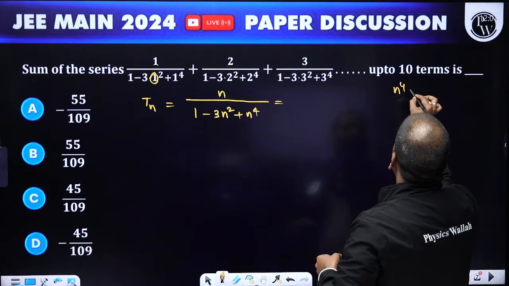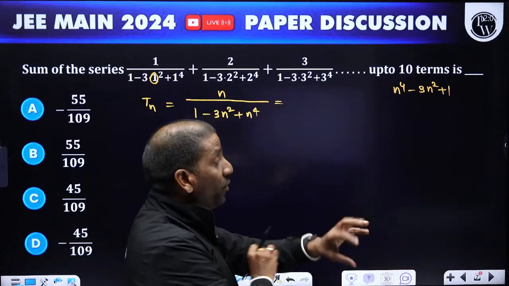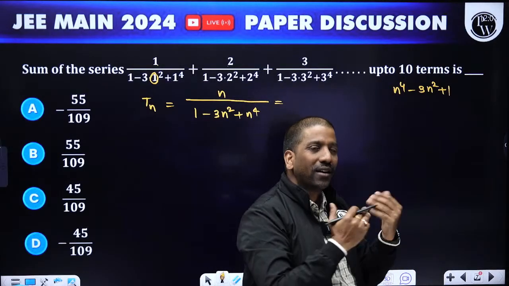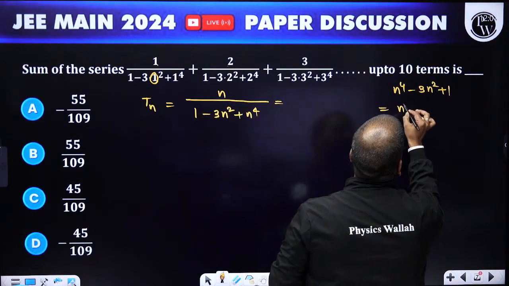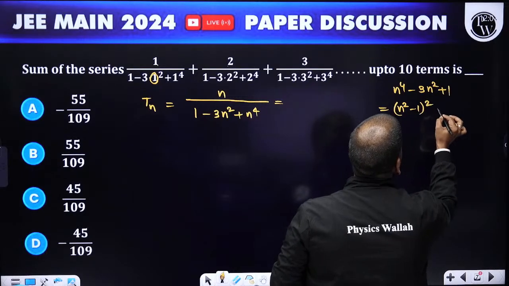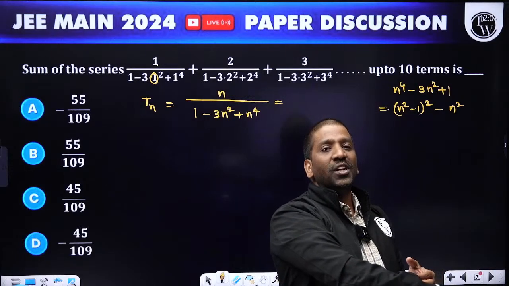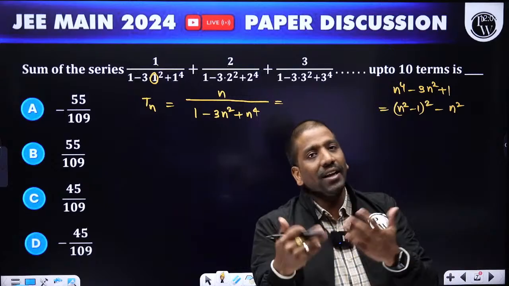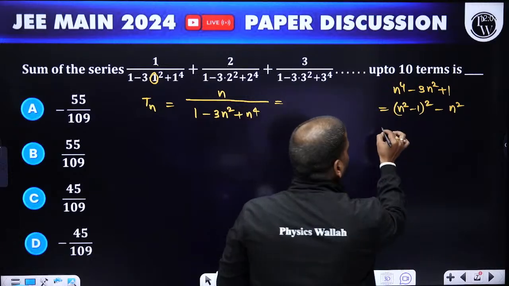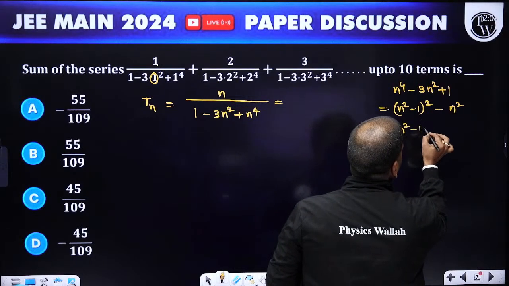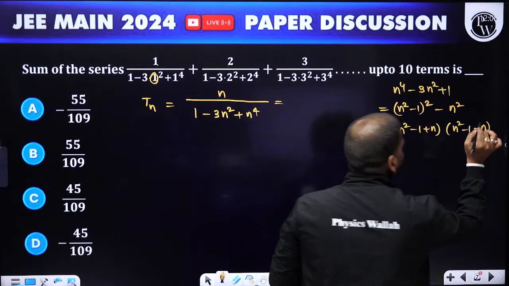N square, we need to understand this portion. So this is like a difference of the terms, but we are not getting any factors, right? But you observe, I can write it as n square minus 1 whole square minus n square, because 3n square, no? I will give 2n square to it. So then it is like a minus b whole square, remaining n square minus n square I have written. Yes, I got it. This is like x square minus y square. So what I would get, n square minus 1 plus n, n square minus 1 minus n.